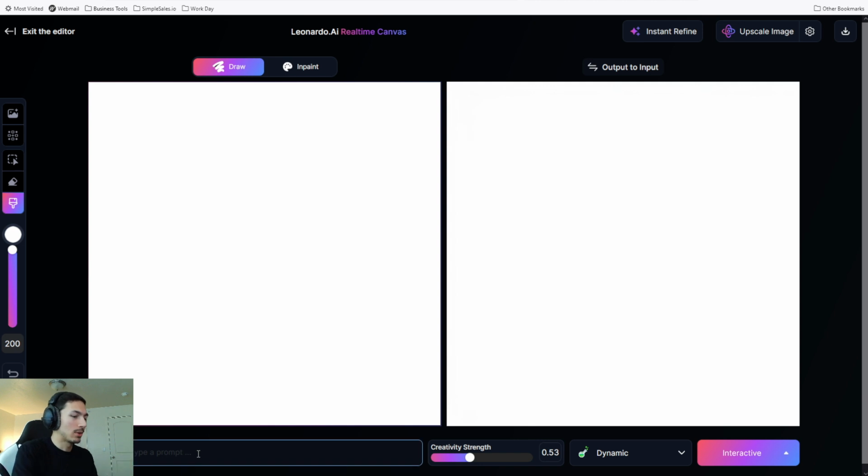So let's do a prompt of a silly puppy. Now what's interesting is that you also have this creativity strength here. So this is basically saying, hey, when you generate the image based on my drawing, this is how creative you're allowed to be. And it's not very creative right now, so it can't really generate anything from just my white